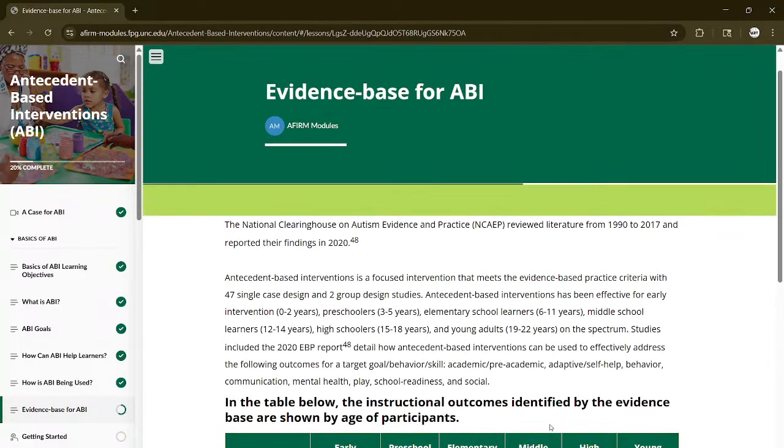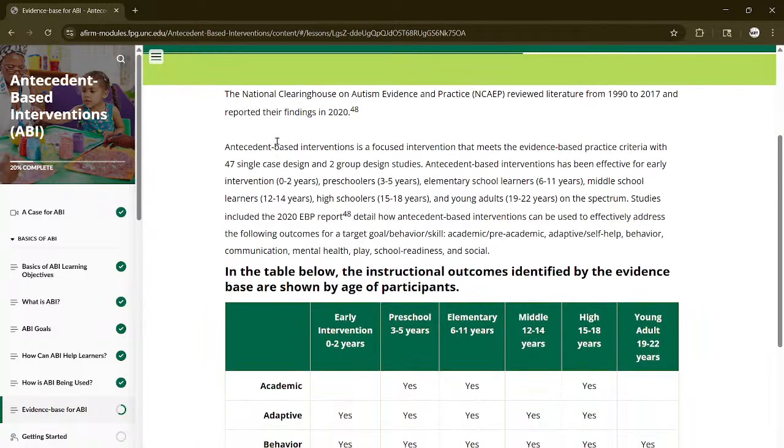Evidence base for ABI. The National Clearinghouse on Autism Evidence and Practice reviewed literature from 1990 to 2017 and reported their findings in 2020. Antecedent-Based Interventions is a focused intervention that meets the evidence-based practice criteria with 47 single case design and 2 group